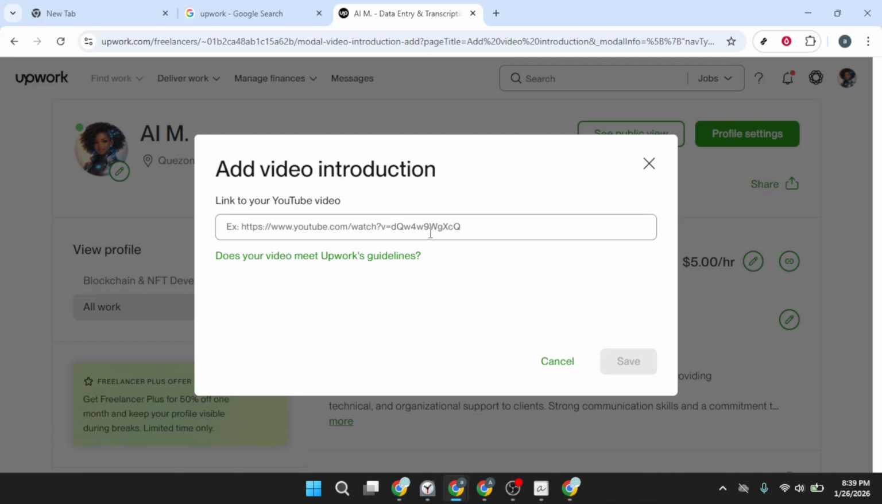Next, choose the option to link your YouTube video. Upwork supports pasting a YouTube URL, which is fast and reliable. Make sure your video on YouTube is set to public or unlisted, not private, so clients can play it directly on your profile. Copy the share link from your YouTube video and paste it into the field provided in the